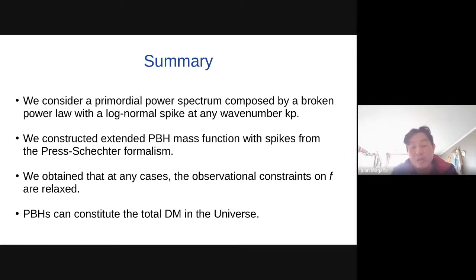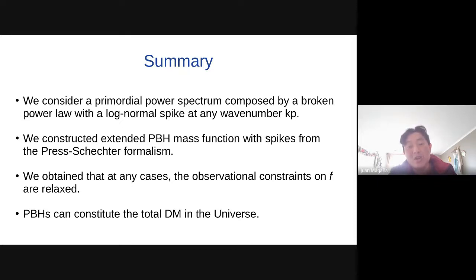Also, we want to explore many configurations varying the free parameters of this extended mass distribution. But one of the main results that we have observed up to now is that all the primordial black holes can compose the total dark matter in the universe.